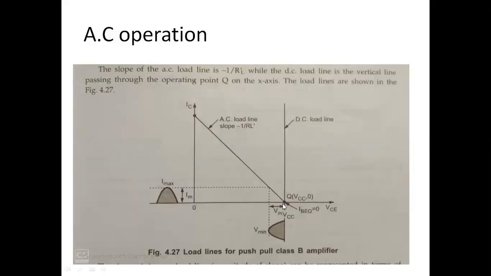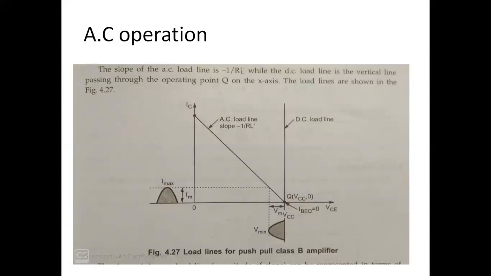So here we know the operating point or the biasing point is adjusted on the x-axis. In class B power amplifier, the operating point is on the x-axis. So because of this position, the VCEQ becomes VCC, and there is no ICQ because ICQ is 0. If you observe the figure, this is the x-axis. For class A, it is at this active region. But for class B, the operating point is on the x-axis. Because of this position, we have VCEQ as VCC.